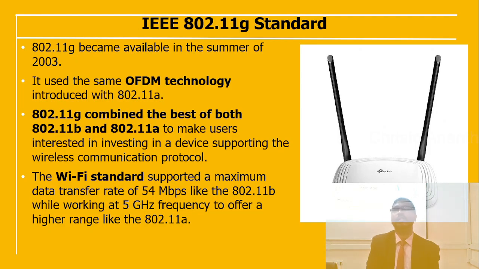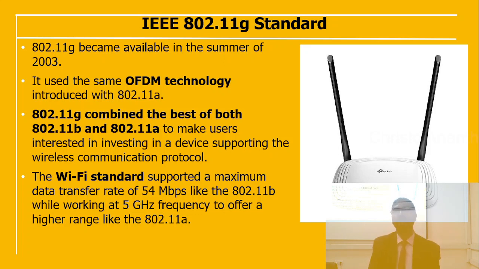Then we have the 802.11g standard. That became available during 2003. It used the same OFDM technology introduced with the 802.11a standard. So 802.11g combined the best of both 802.11b and 11a in order to make users interested in investing in a device supporting the wireless communication protocol. The Wi-Fi standard supported a maximum data transfer rate of 54 Mbps